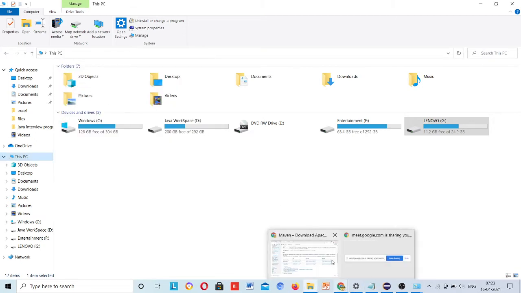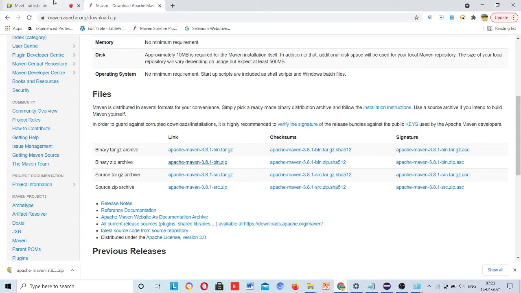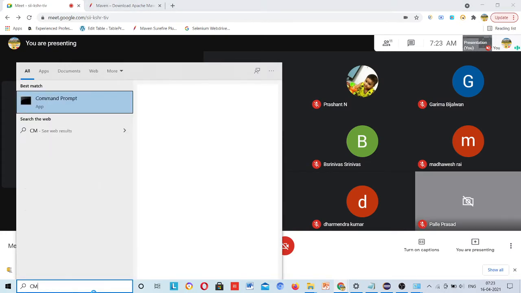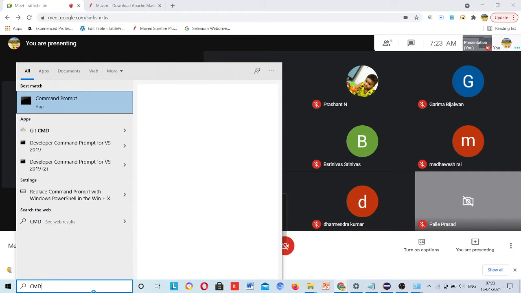And for confirmation that it is done correctly, go to command prompt, cmd, and open it.